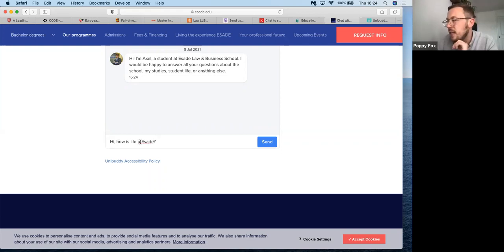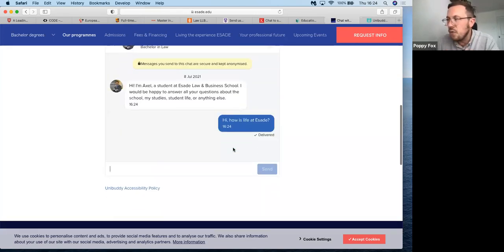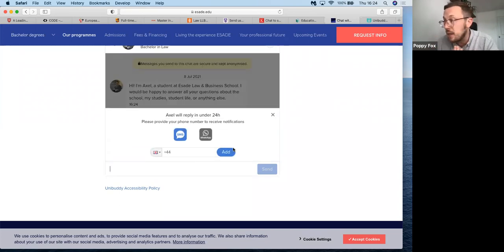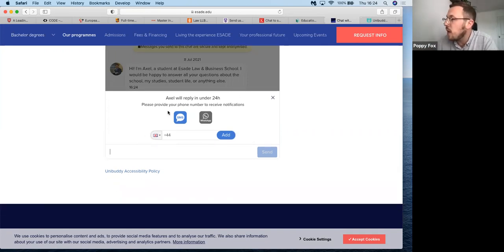And what will happen is then you'll send a question, you'll send that to them, and the ambassador will get a notification on their phone immediately. So what this means is that your ambassadors are not required to check a mailbox to see if they're getting messages, but they're getting push notifications via an app on their phone. Similarly, your prospect will get this pop-up.